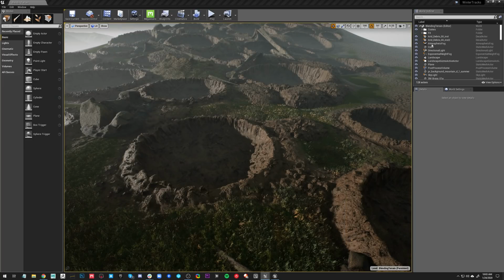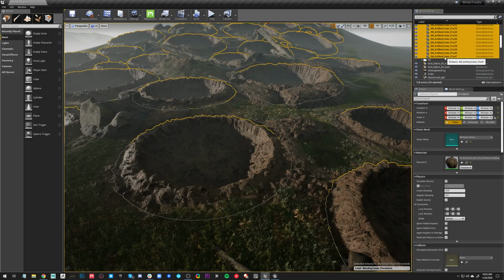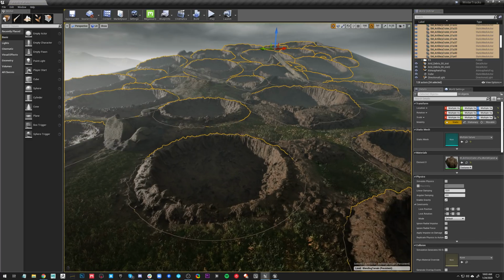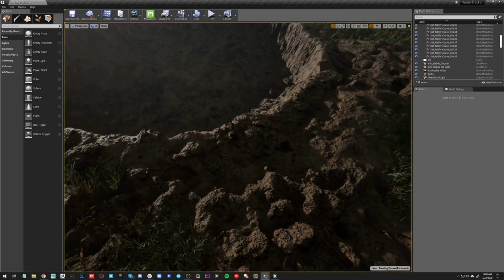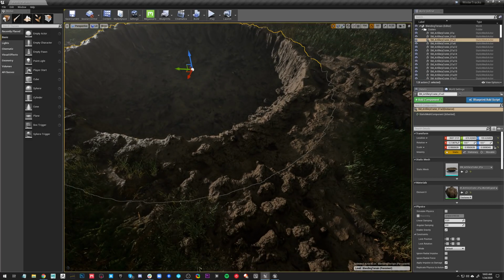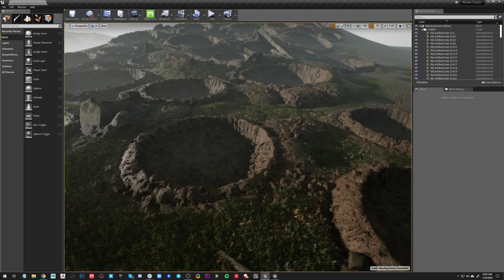Let me first grab all of our craters. Oops. I'm just going to go ahead and apply my world align material to that, so we can see what's going on. All right, so as you can see here, the texturing all lines up really well. It tiles across the crater surface and the terrain. But when we get over to this position, you can see this nasty lighting seam, and that's what we've been dealing with for a long time. We can get the tiling to match up, but the lighting seam's still there.